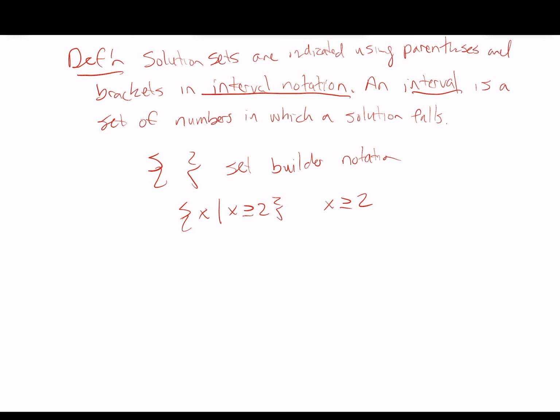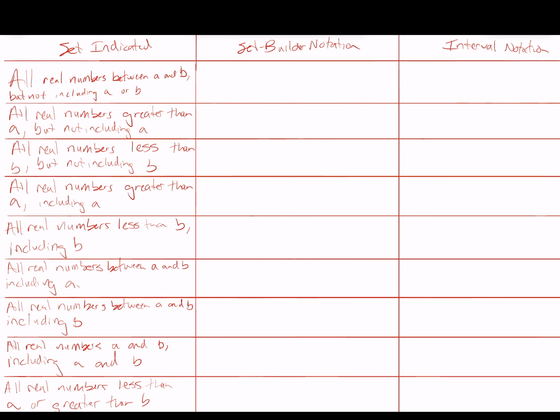Now, let's move on and discuss various ways of looking at different sets and how they're indicated, as well as what those look like in set builder and interval notation. Let's build a table. Now let's discuss all the possibilities for sets indicated and what they look like in set builder notation and interval notation. So first,